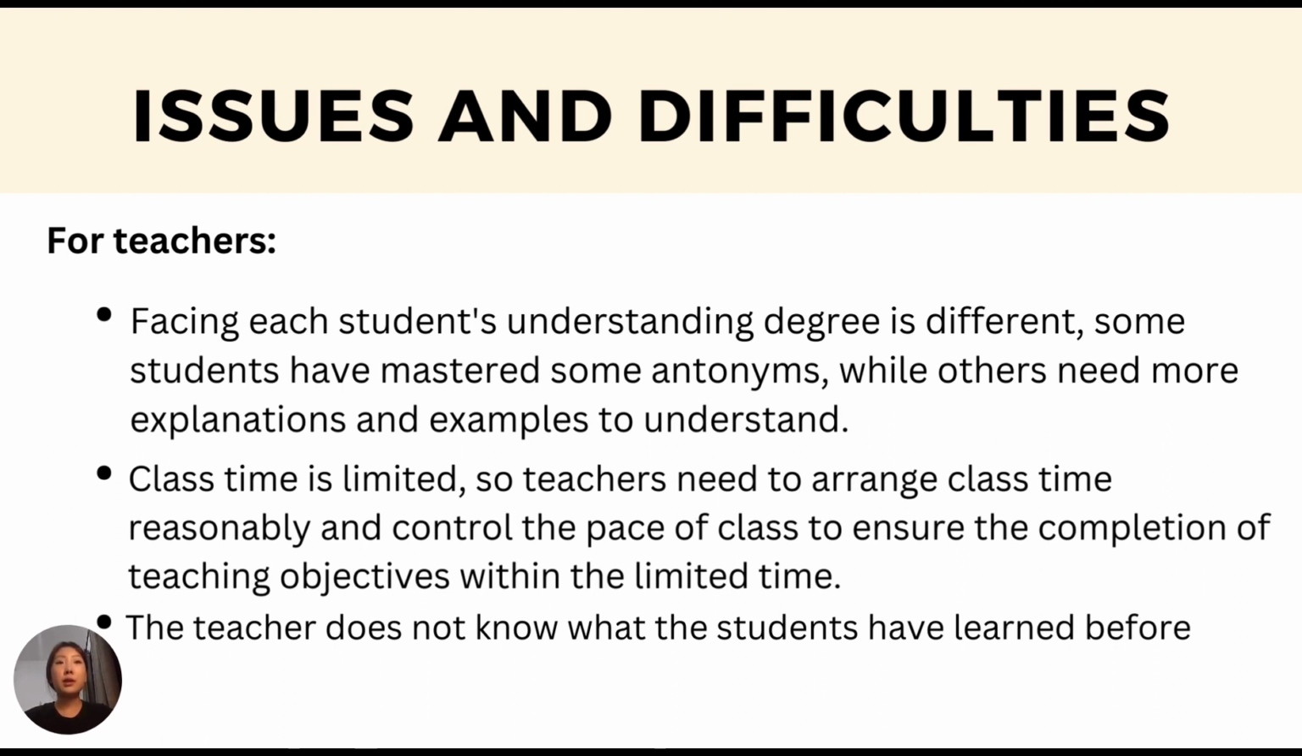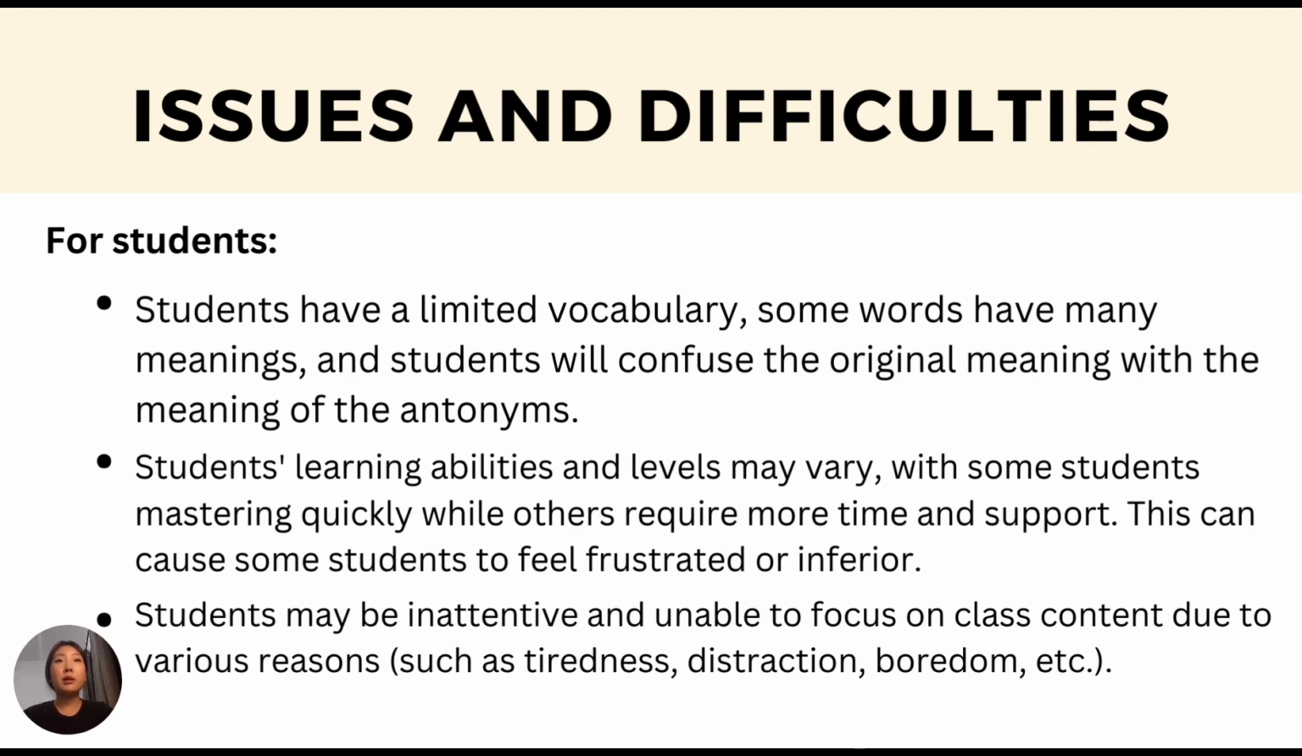Third, the teacher doesn't know what the students have learned before. Next, for students. Students have a limited vocabulary. Some words have many meanings, and the students will confuse the original meaning with the meaning of the antonyms. Second, students' learning abilities and levels may vary. Third, students may be inattentive and unable to focus on class content due to various reasons, such as tiredness, distraction,